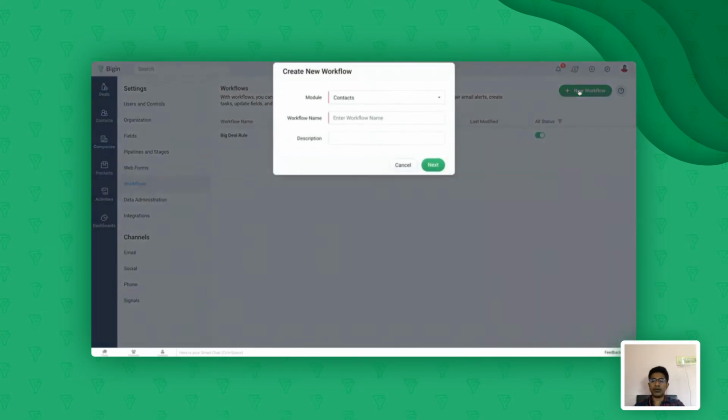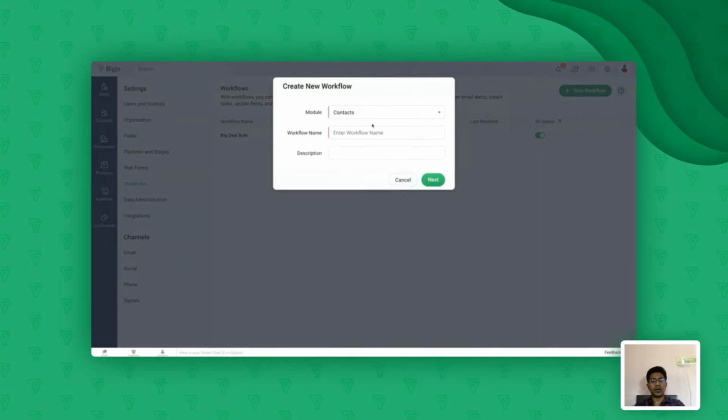So click on new workflow here. So let's say that I want to create a workflow for my contacts, and I want to trigger an email or create a task for them, a follow-up task for them whenever they're entered in Begin. So I'll go ahead and select the module as contact. So anytime you're creating a workflow, if you're creating it for a specific module, that module has to be selected from the list of modules over here. Right? So let's say contacts module, the workflow name. So let's say follow up.